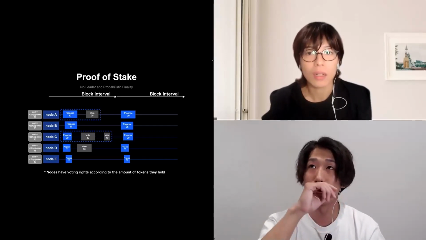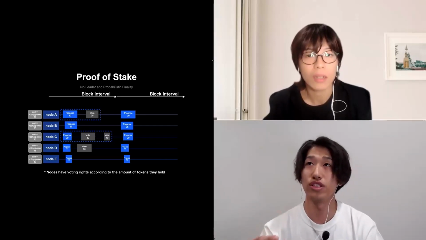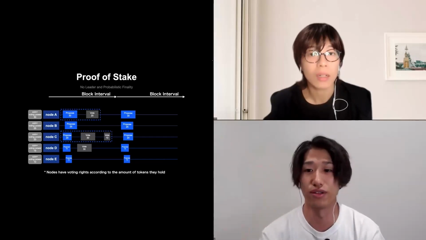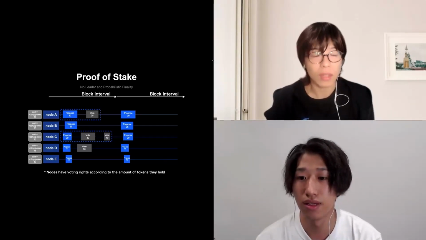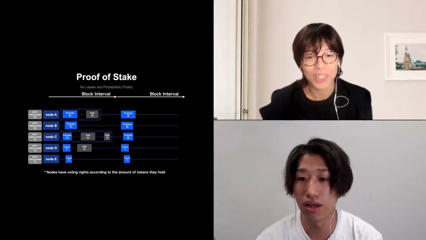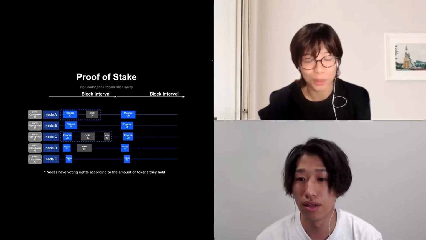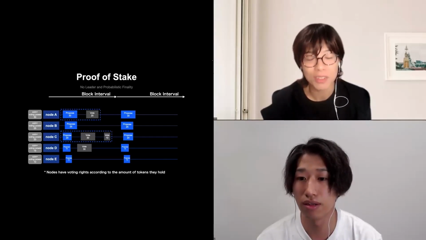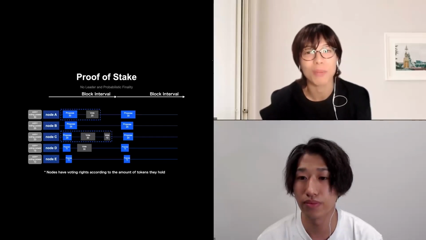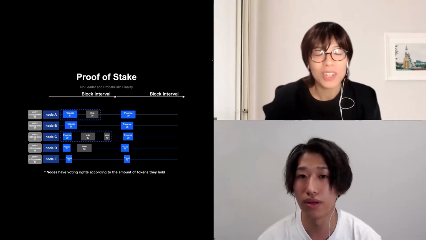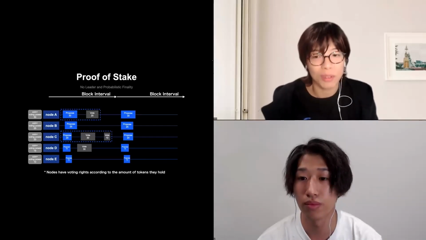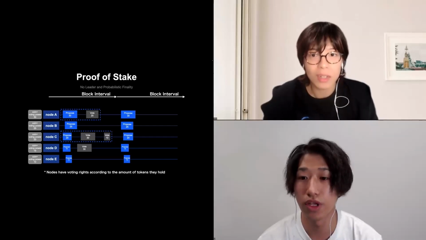I see. So each node will execute VRF, and if they notice that they are the proposer, they will get into the proposer status. First, there will be a generation of the output. Regardless of who does that, you get the same value. This is a hashed value, so a hashed value can be dealt with as a random number. We determine who will be the one. And for the second rank and onward, the previous hash value will be utilized, and the proposer will execute the operation.